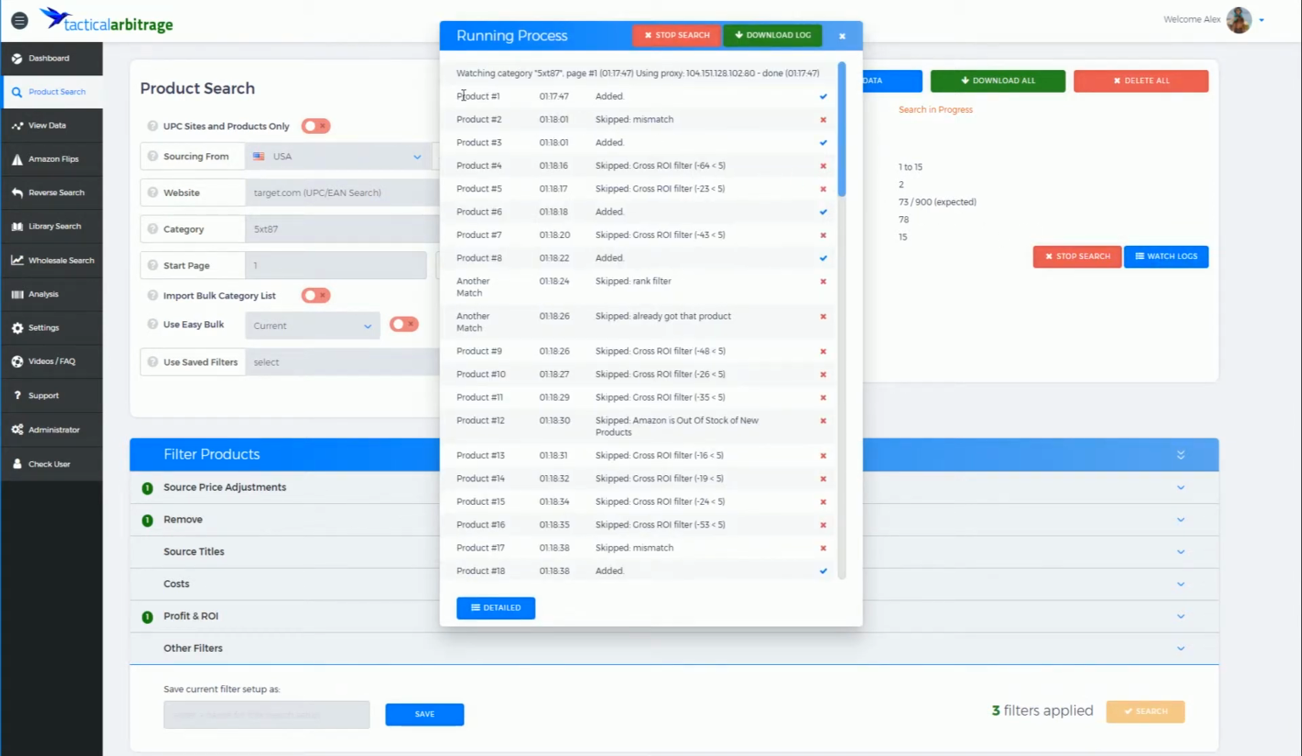Now, as you can see, it's talking about what it's doing row by row. So it's saying, okay, for the first product we added one. The second one, we've got a known mismatch in the system that we've previously identified as a mismatched item. So we've skipped past that one, we've moved on to the next one, which actually fulfilled our criteria again and